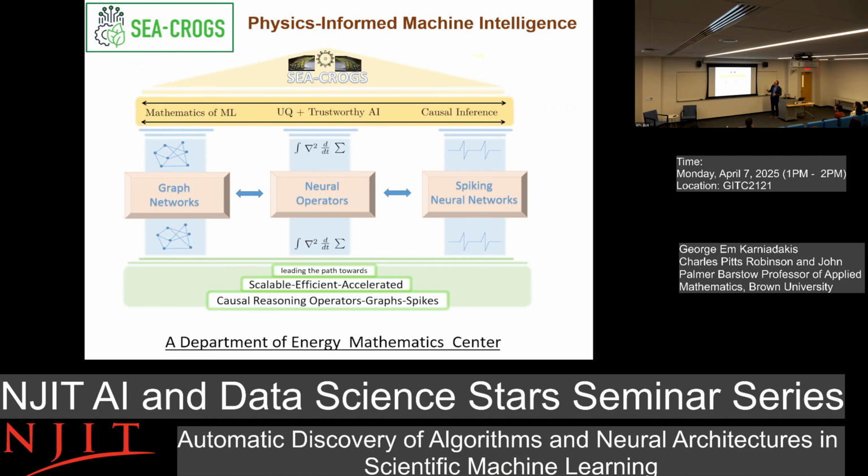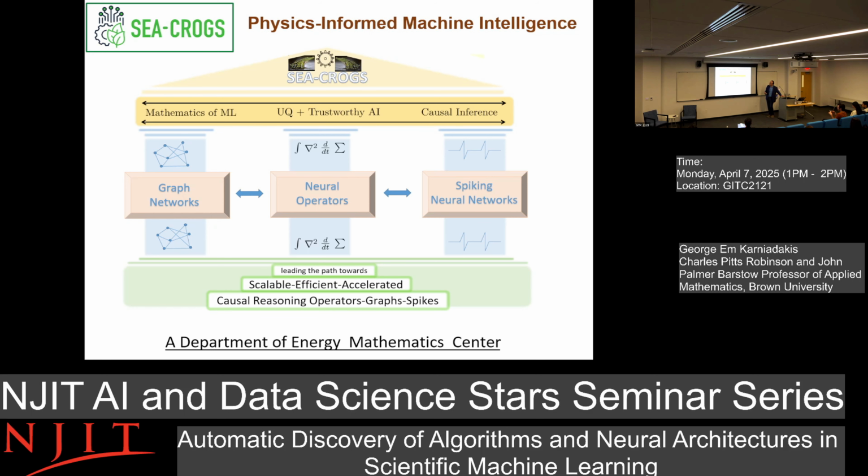I just want to also say something about my centers that support my work. So we have this physics-informed machine learning Machine Intelligence Center called CCROGS. The acronym is down here. Actually, Menja is part of this center. There's a DOE center. It involves Sandia, Pacific Northwest National Lab, Brown, Stanford, Caltech, and MIT.